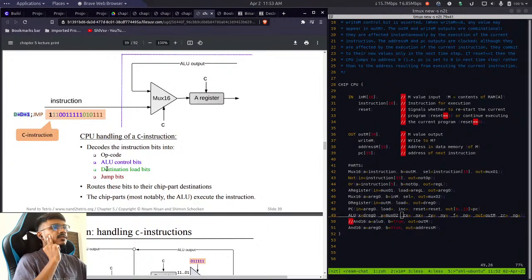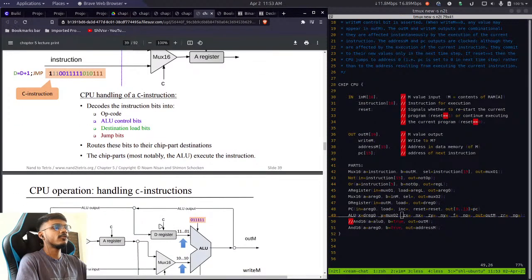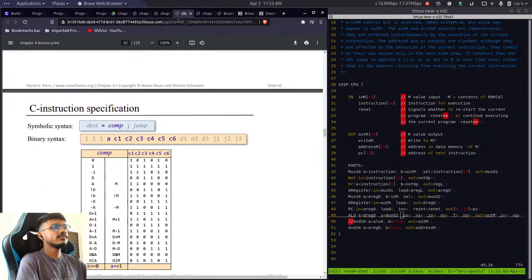What does that mean? Either D is inside the destination load bits, or it is inside this ALU control bits. In that case, we want to toggle this register. When is that? So it is in this case,